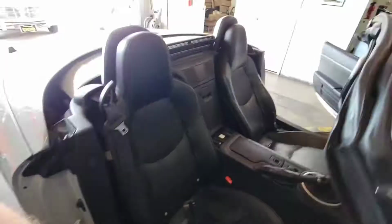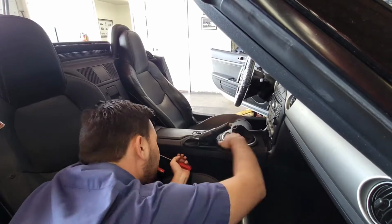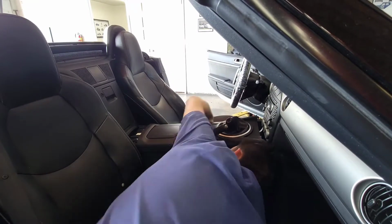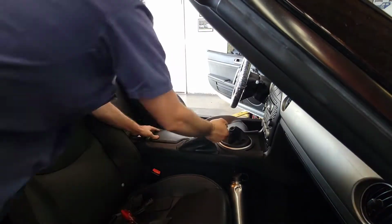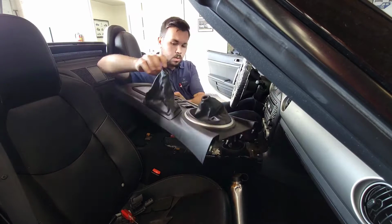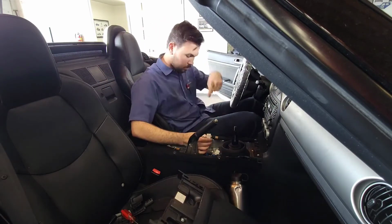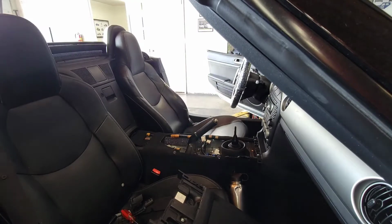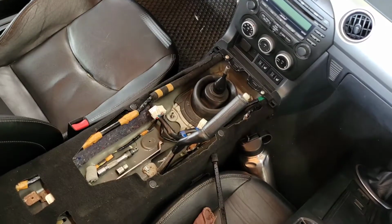So what you want to do next is put the emergency brake in the up position so that you could access underneath the center console, because you need to get two connectors that are attached to the window switches. So you see me really yank the e-brake in the up position, and once I finally get those two connectors off, that's it, and you can remove the center console, which gives you easier access to the shifter boot and